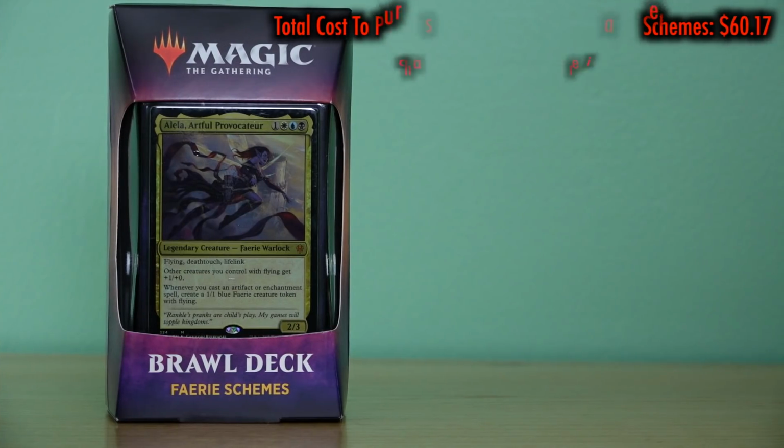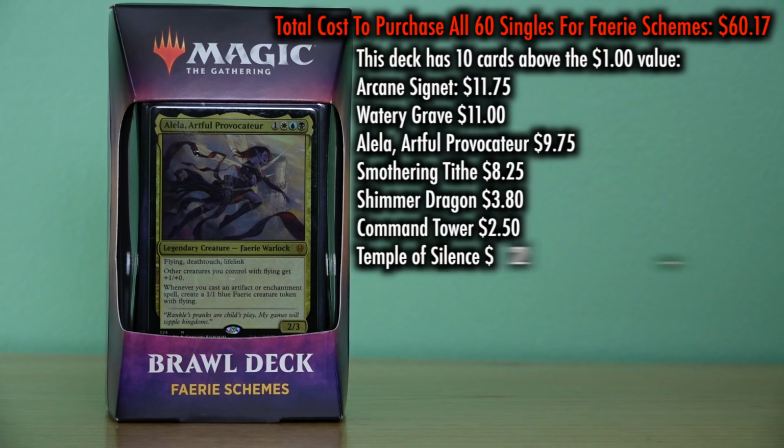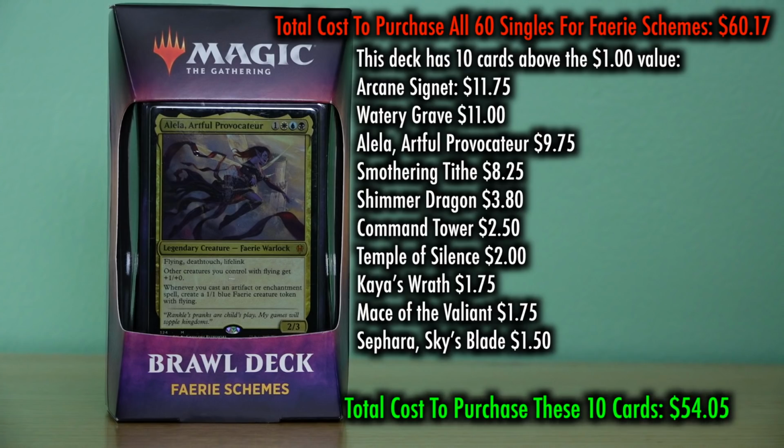$45.64. Finally, buying the individual pieces of Fairy Schemes would cost $60.17, and this too has 10 cards above the $1 value. Amazing how all four had 10 or 11 cards above $1 value. Where in addition to the Arcane Signet, there's Watery Grave at $11, Alila, Artful Provocateur at $9.75, the ever-amazing Smothering Tithe at $8.25, Shimmer Dragon at $3.80, the Command Tower at $2.50, Temple of Silence at $2, Kaya's Wrath at $1.75, Mace of the Valiant also there, and Saphara, Sky's Blade at $1.50, bringing us to